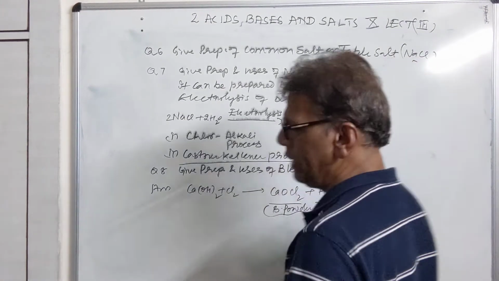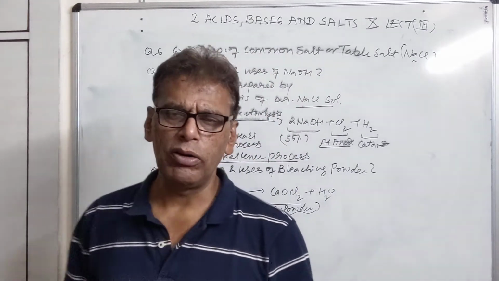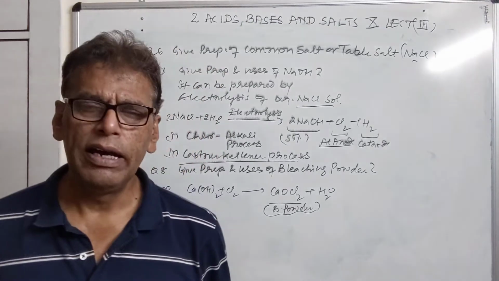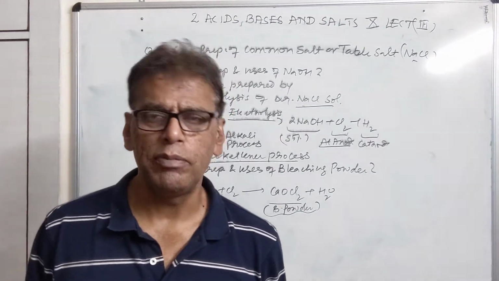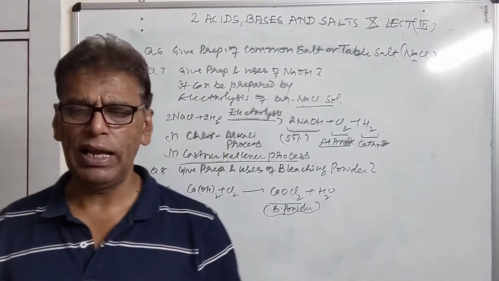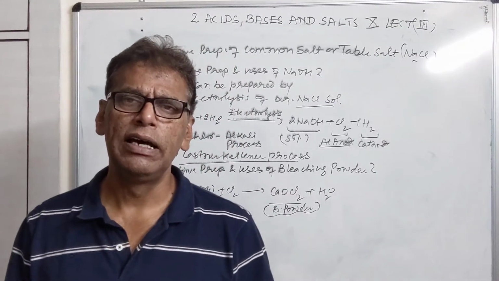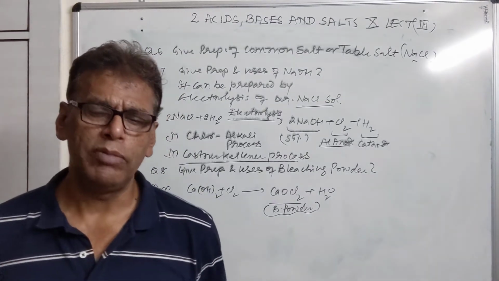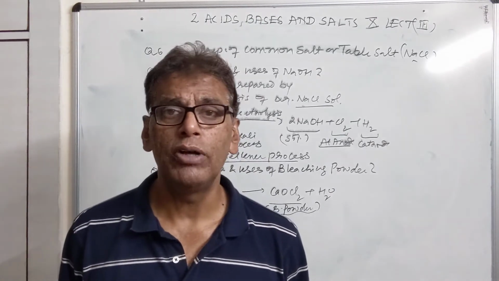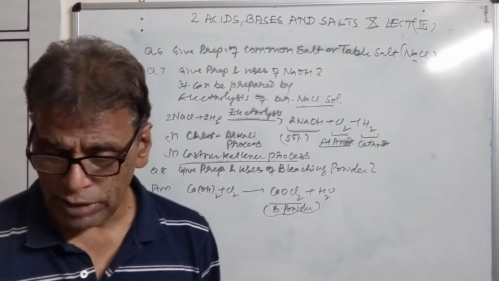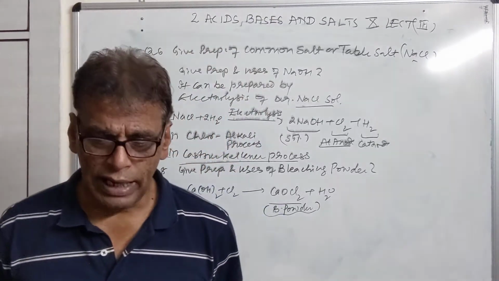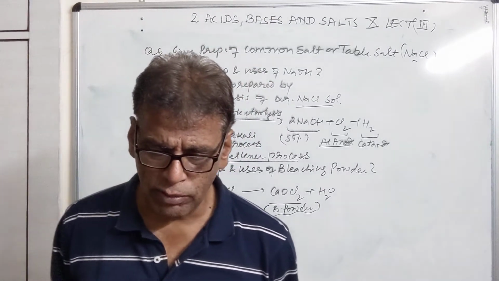As name indicates, the action of this compound calcium oxychloride is to bleach the colored articles. It bleaches colored articles by supplying nascent oxygen to them. Nascent oxygen withdraws the free electron from the colored substances, and these electrons are taken up by the oxygen, and when free electrons which were imparting color to the substance are accepted by oxygen, the color of the article fades up and article becomes colorless.